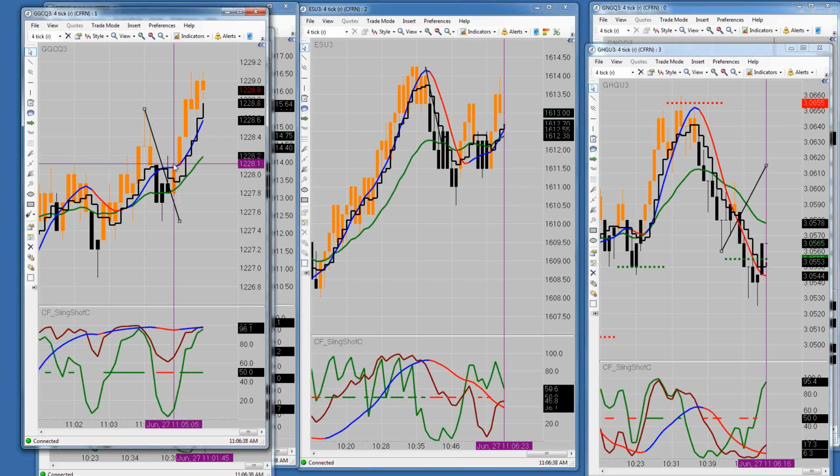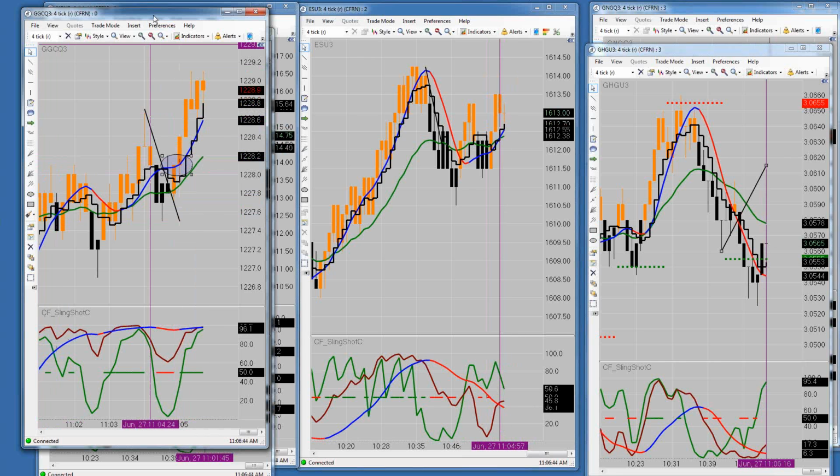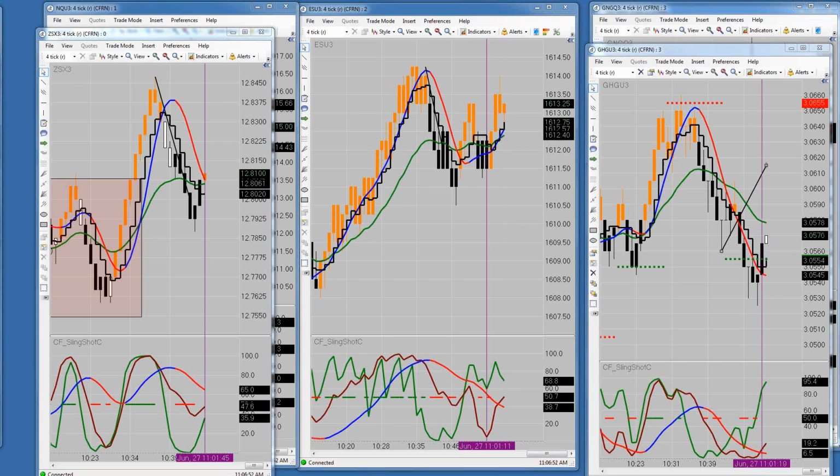All right, and so this was the up close right here. That's where you would have gotten long on gold, right there. Okay, the Russell just went up to a weekly trading zone. So there's no going long there on the Russell, and as a matter of fact, I would hold off on the ES as well. Well, the ES doesn't have a long trade anyway, but